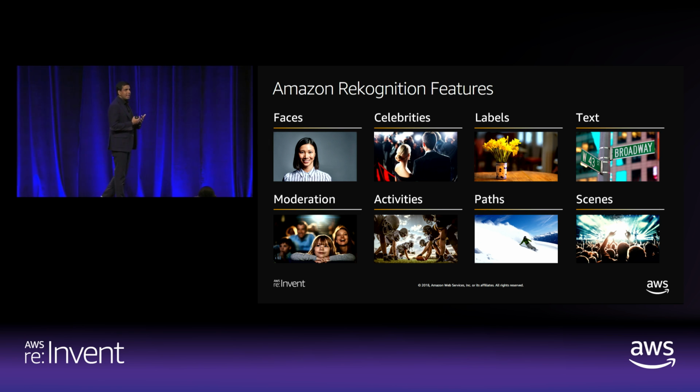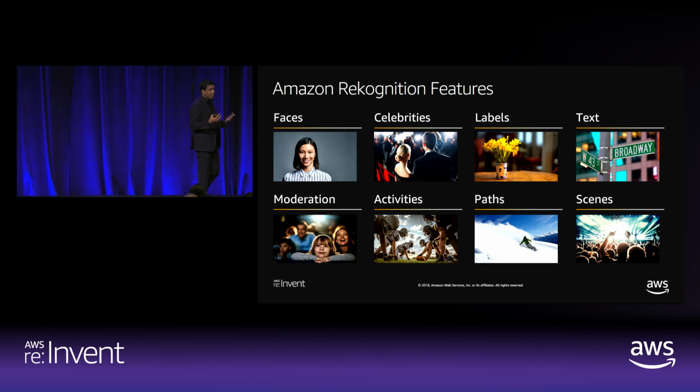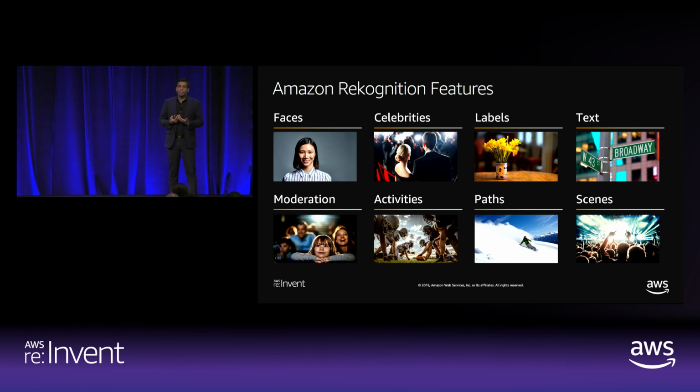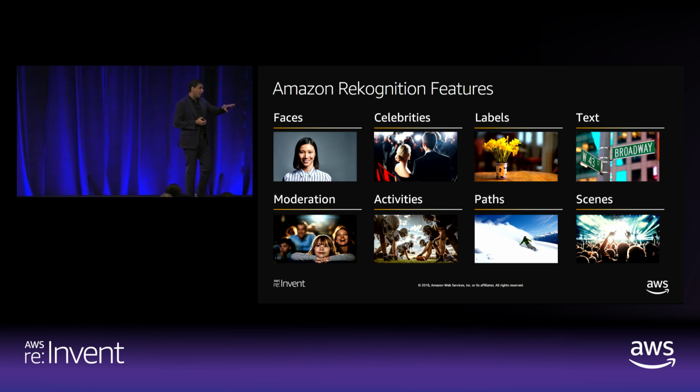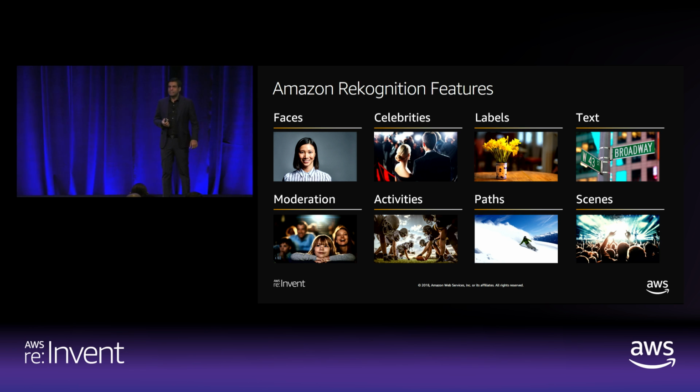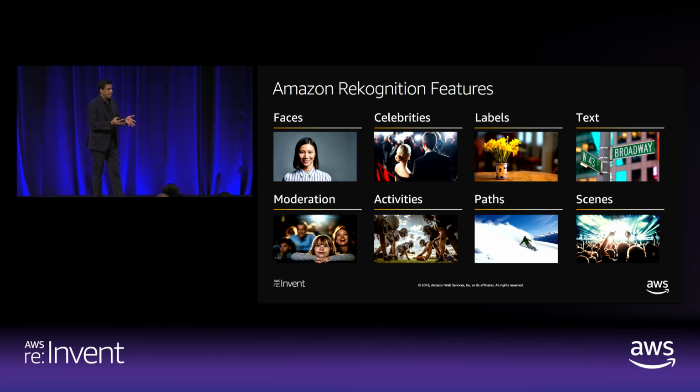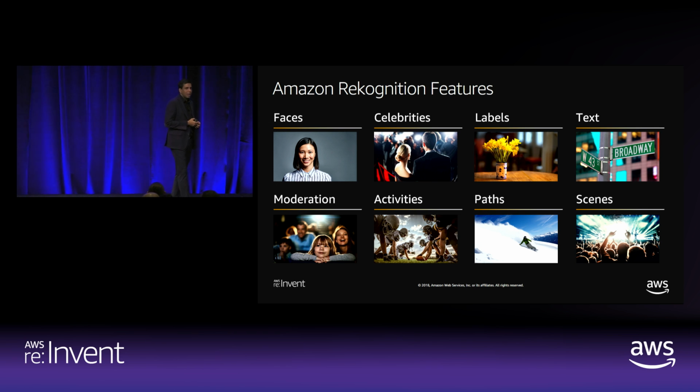But there is a significant amount of text, words that are at times in images that can be very important for us to find out what they are. So for instance, if I took an image of this room, on this chair in the front, there is this reserved for sign. Most object detection systems will not find that because they're not looking for characters and words. It's a very specific problem that typically you would associate with OCR.